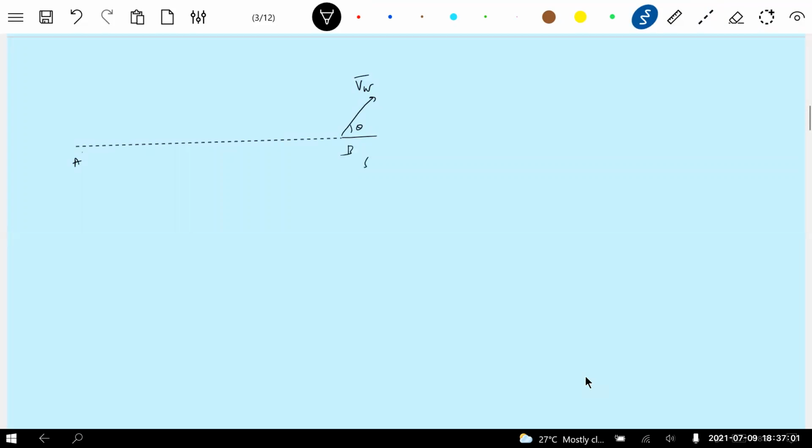This will be the source, and this is the destination. This is L. How should we steer the plane? The resultant velocity VA bar should be along the path. So somewhere here,